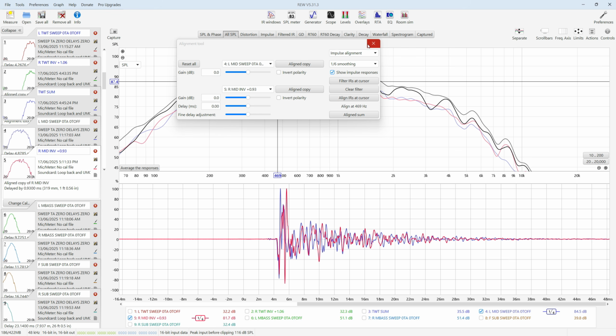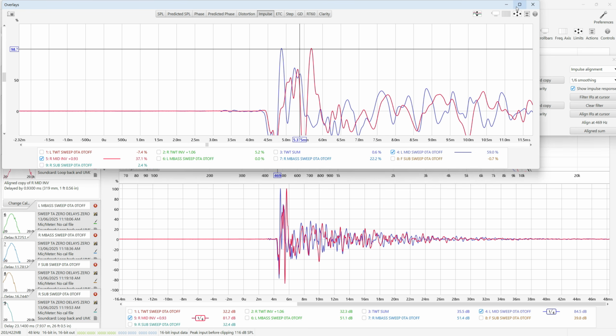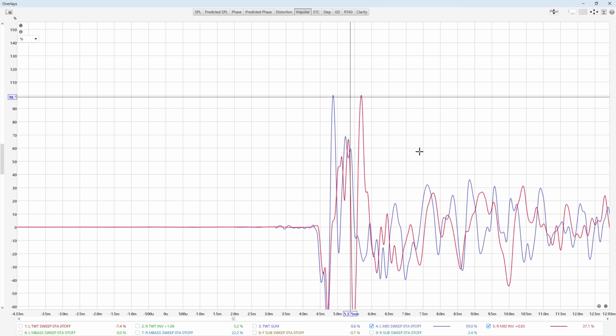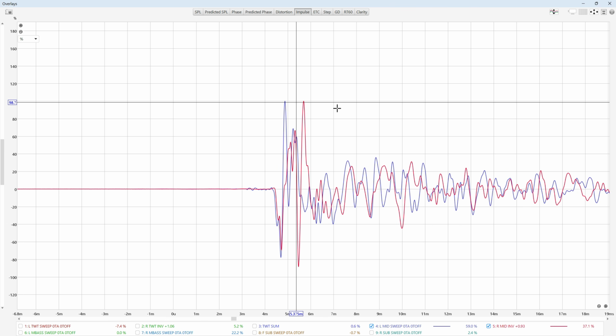And this is what I was talking about before. A lot of people would say, well, this has got to line up, right? If it's not lining up, then this is terrible, right? It can't be time aligned. And I guess that was my point earlier, is